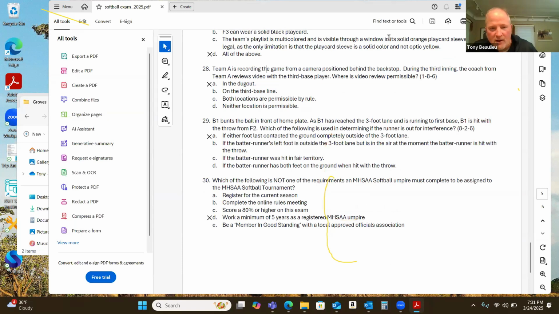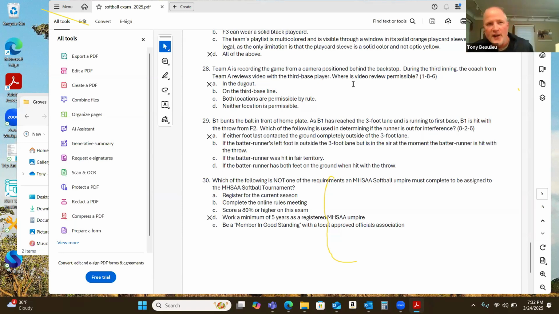B1 bunts the ball in front of home plate. As B1 reaches the 3-foot lane and is running to first base, B1 is hit with the throw from F2. Which of the following is used in determining if the runner is out for interference? And we know that this was a rule change either last year or the year before,